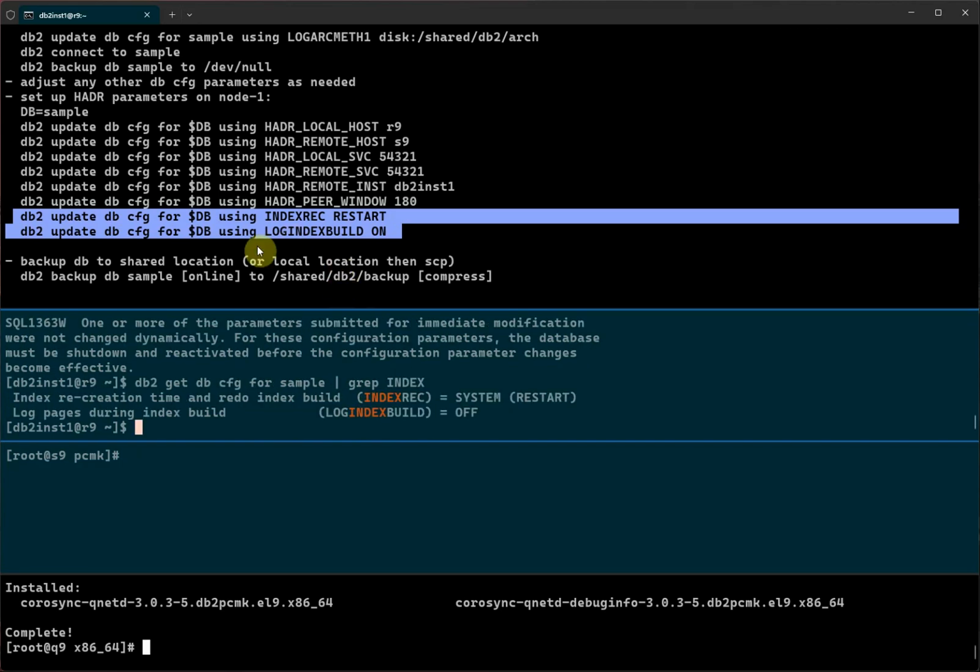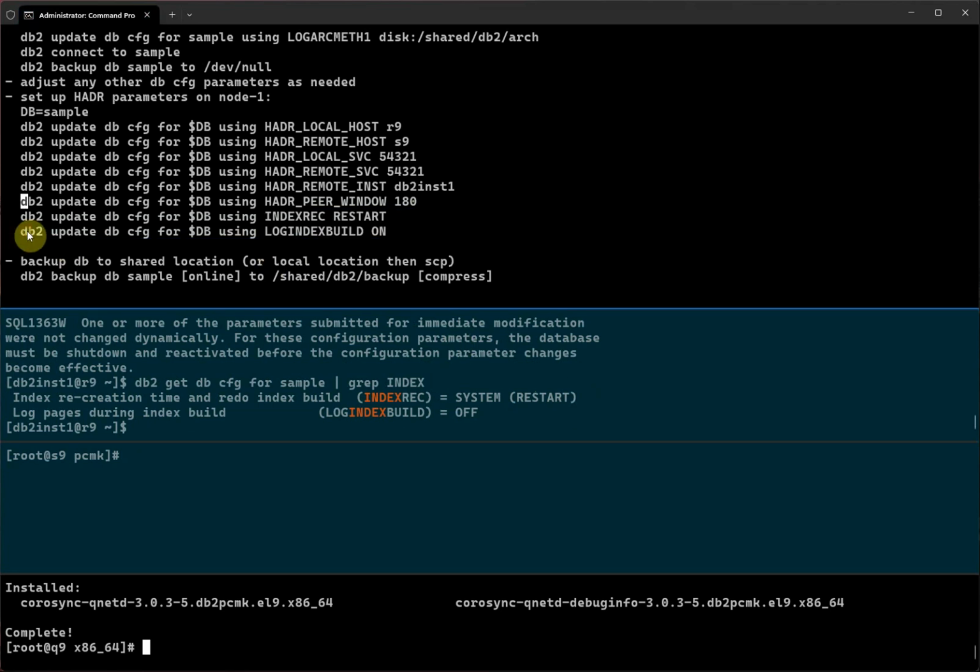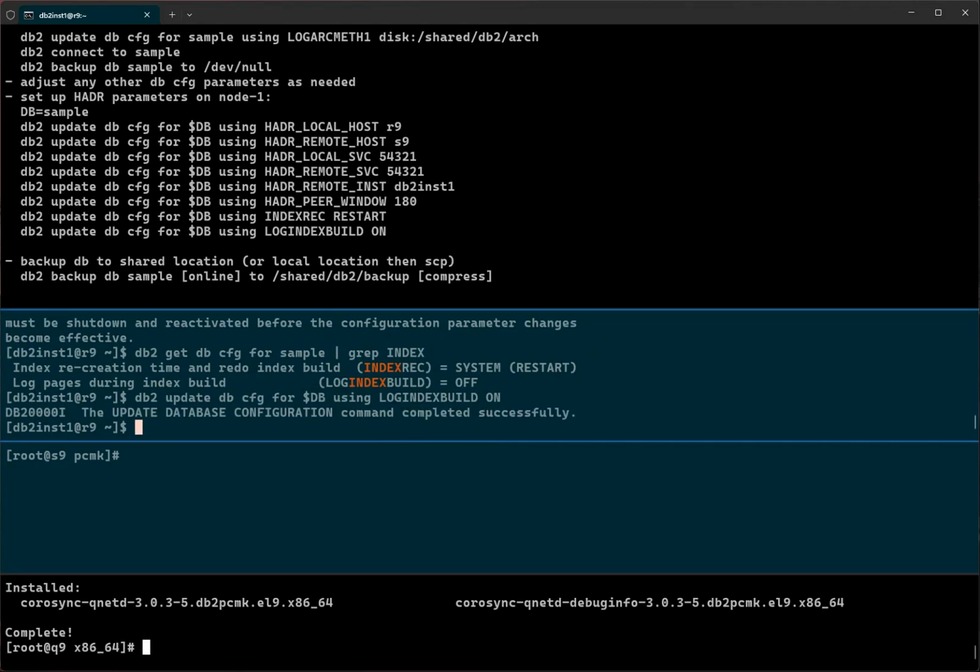All right. So by default, the system index is already restart. So we just need to change this one to be on. Okay, logindexbuild equals on. By default, it is off. Okay. All right. So that prep work is done on the